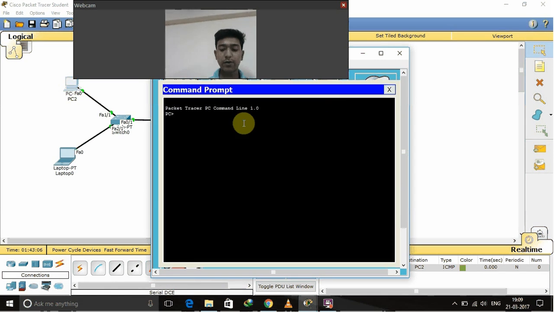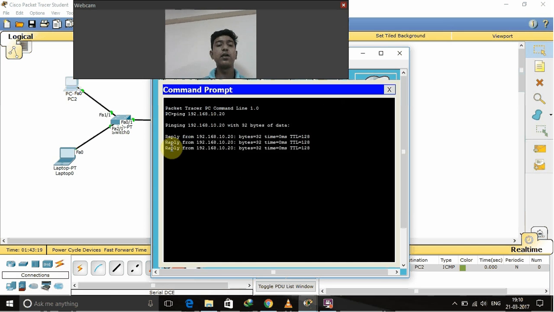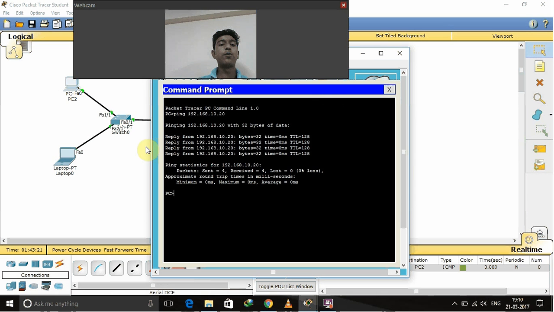Go to the command prompt and ping 192.168.10.20. You can see that it gets a reply from that PC, the time is 0 seconds, and the bytes are 32.